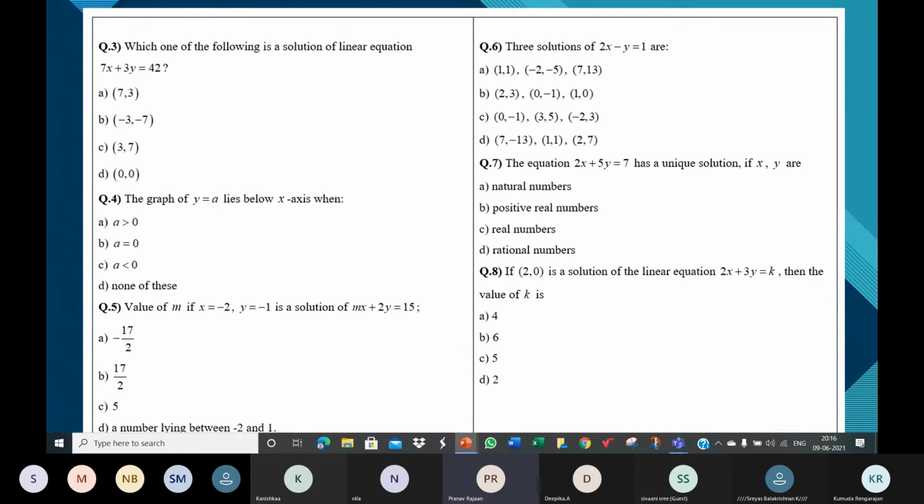Ma'am, minus 3 by 2, ma'am. x is equal to... when y is? Ma'am, 2. When y is 2, we get x is equal to minus 3 by 2, ma'am. Who was that? Kanishka, ma'am. Okay, so when y is 2, x is equal to minus 3 by 2. Now, is minus 3 by 2 a natural number? No, ma'am. Okay, leave that.